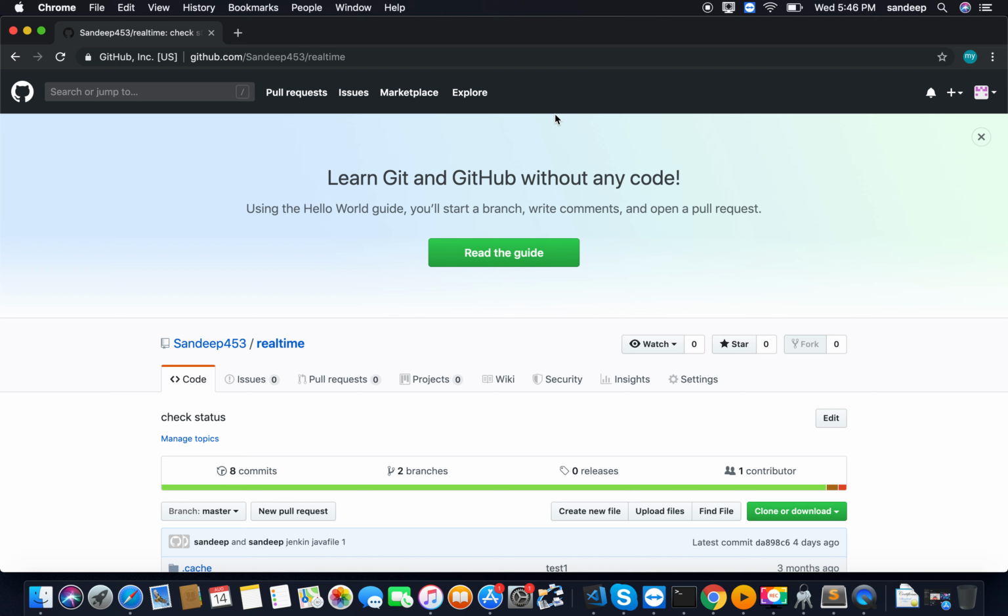What is a version control system? It helps developers to work together and maintain the total history of the work. It allows developers to work simultaneously and does not allow overwriting each other's changes, maintaining the complete